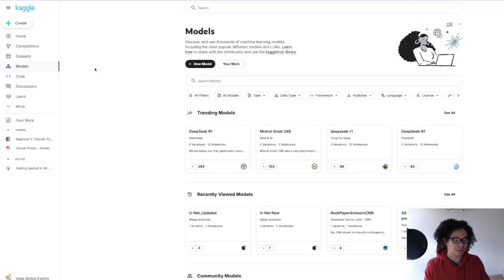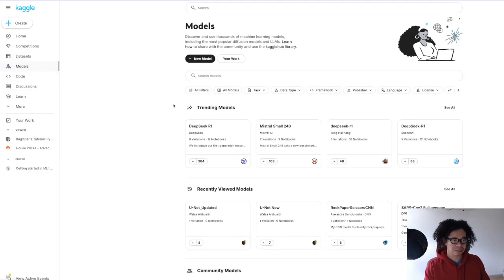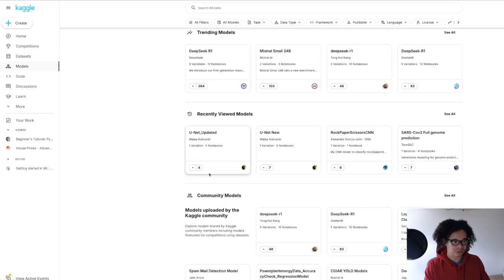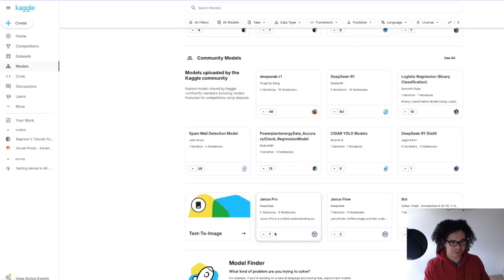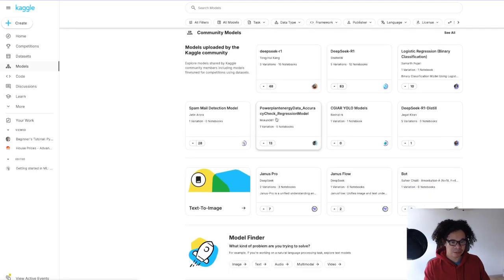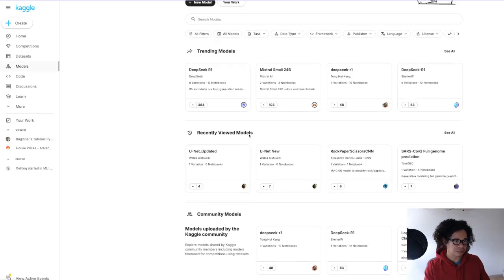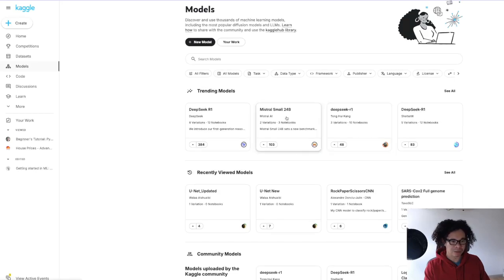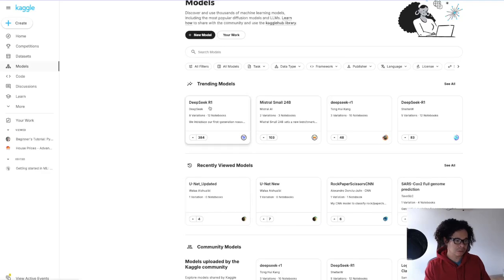And of course, there are some models, like public models that you can use here. For example, the one recently launched by DeepSeek. There it is. On top, I saw Mistral with only 24 billion parameters and so on. So you can take a look at any of these models and use them for training your own models. But